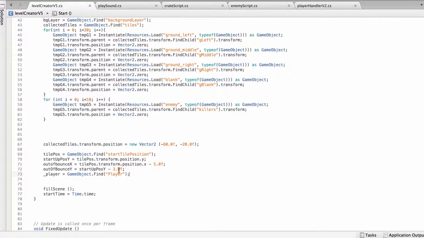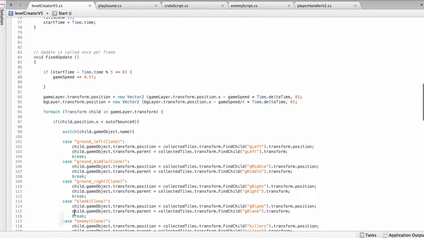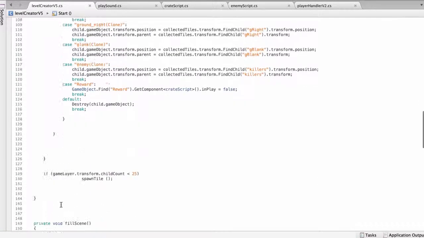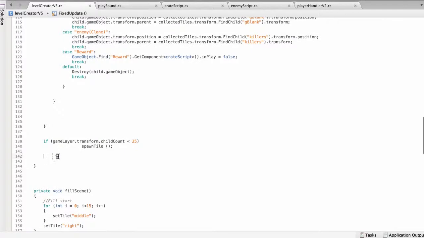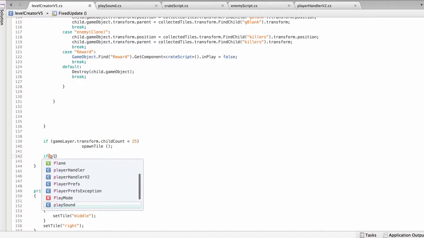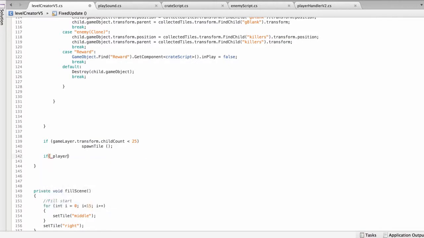There you have it. We got our threshold and we got our player. And all we have to do now is just go to the fixed update and create a little if statement here saying that if the player dot transform dot position dot y, if that value is less than our y threshold,